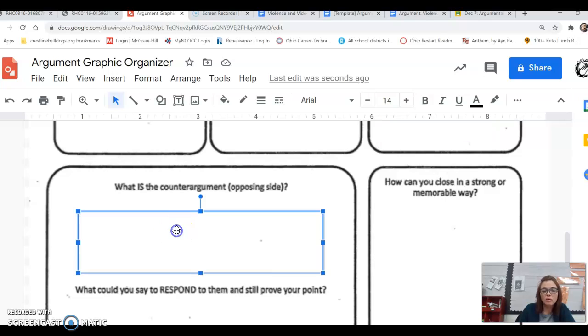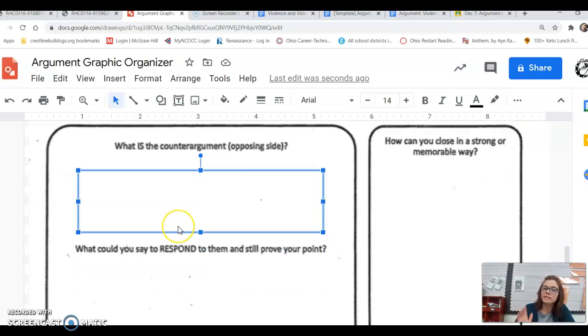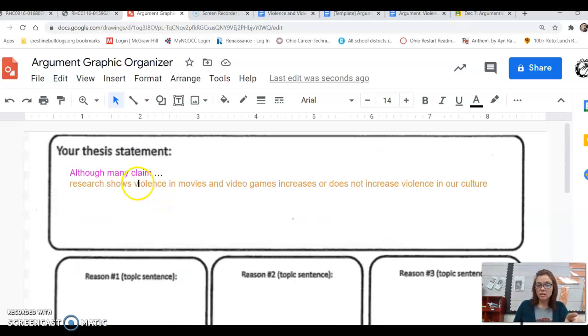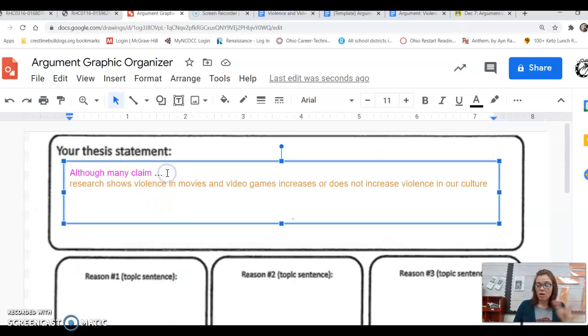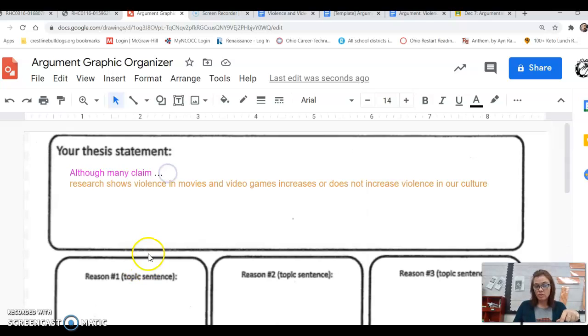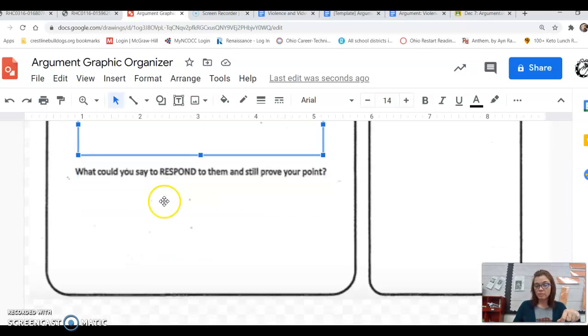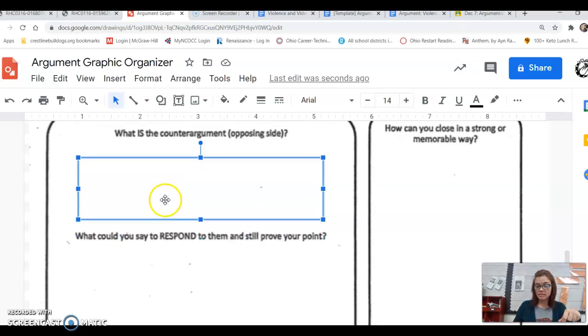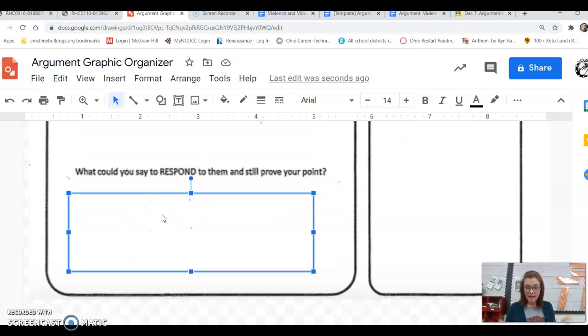Now, what is the counter argument? What's somebody, if you were arguing back and forth verbally, what would they say back to you? Nuh-uh, no, it doesn't. You know, why? Why do they think it doesn't? Because parents are to blame. Remembering that that's how we started. That's how I started mine, although many claim that lack of parental support is the main cause. So that's what I would put here, lack of parental support. Then I would find some evidence. And then you always have to have a clapback.